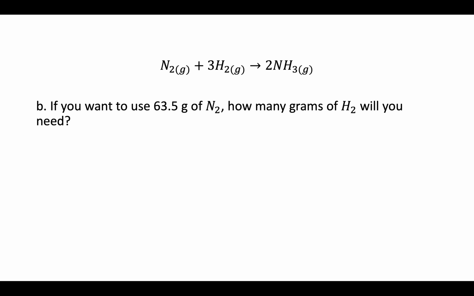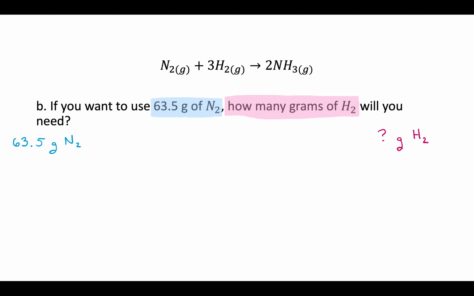All right, similar thing. In this case, though, we want to use 63.5 grams of nitrogen, and we want to know how many grams of hydrogen you would need. So it's a conversion problem, and we want to look for what units they're asking for and what number they're giving us. Now they give us the number 63.5 grams of nitrogen, and the units they're asking for, how many